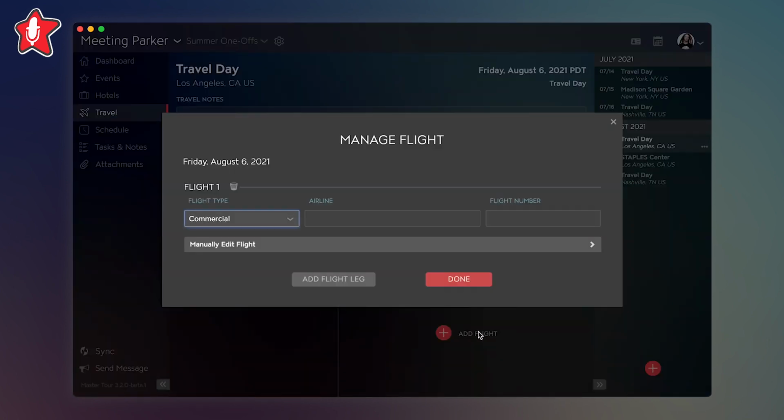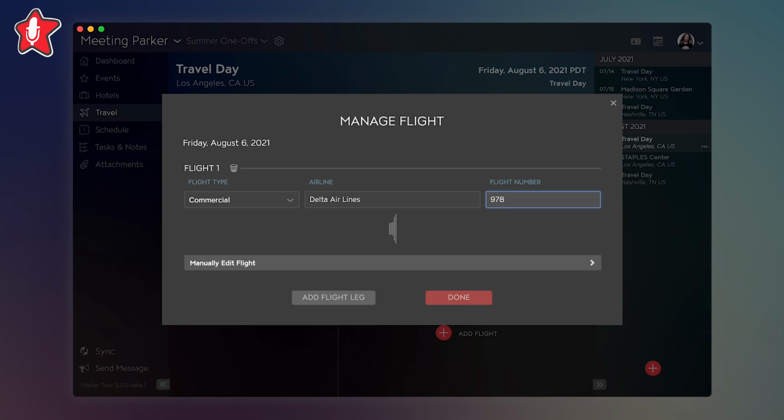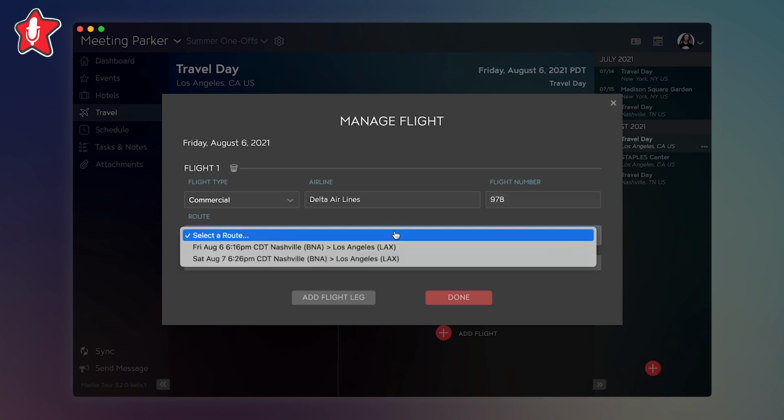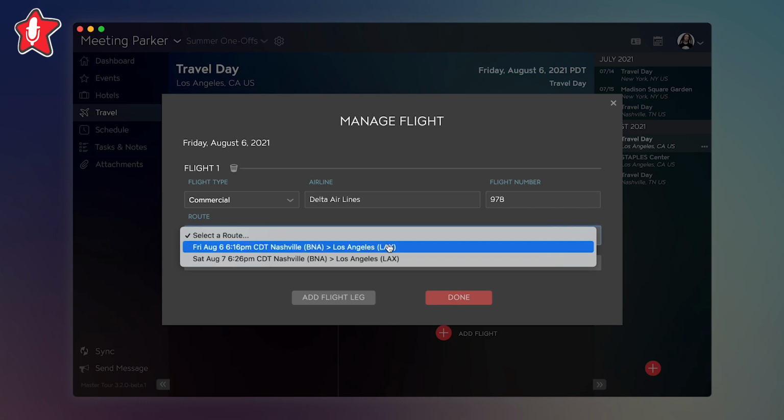So we'll click Add. All right, now MasterTour supports both commercial or private flights. So for our example here, we'll just continue with commercial. Our flight is Delta Airlines Flight 978, and so we'll enter that. Using just the airline and flight number, MasterTour will search and display to us real-time flight data from the airline's